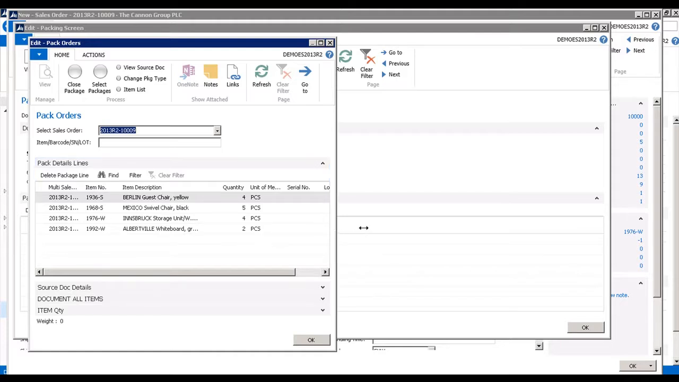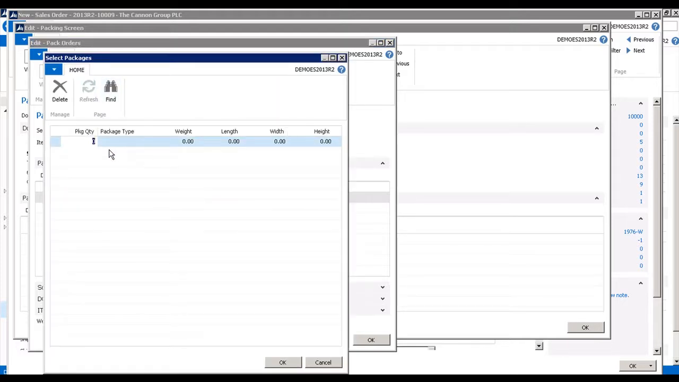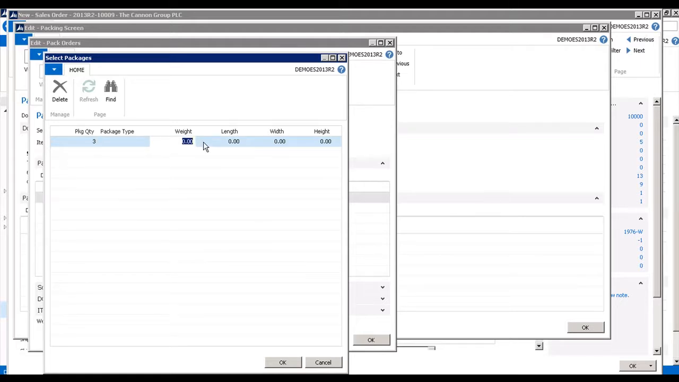Now, in this case, we're going to simply create the packages, but we don't really care about which item is in which package. If we cared about which item was in which package, we would use the pack line scanning. But we're going to create a whole bunch of packages. So in this case, we're going to say that there are going to be 3 packages. Now, if we wanted to, we could select different standardized packs, but in this case, these are going to be custom packs,